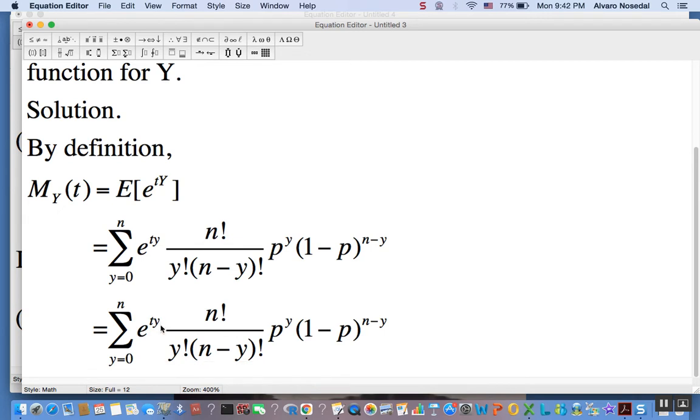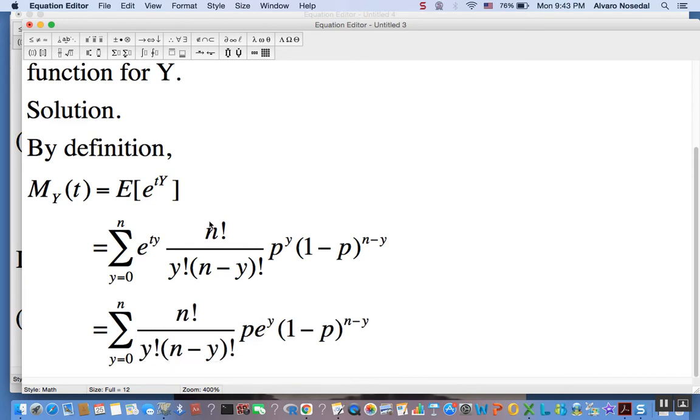So we have p to the y times e to the ty, and we could rewrite that like this: